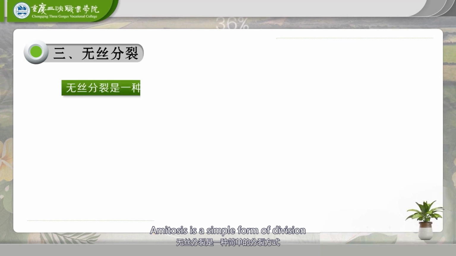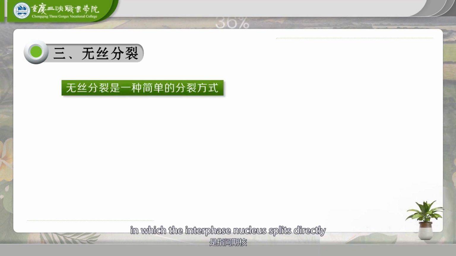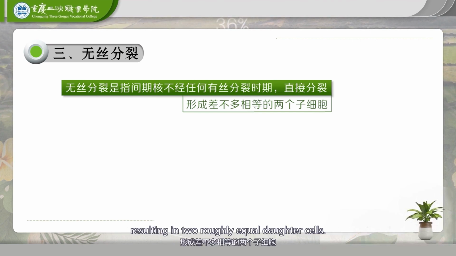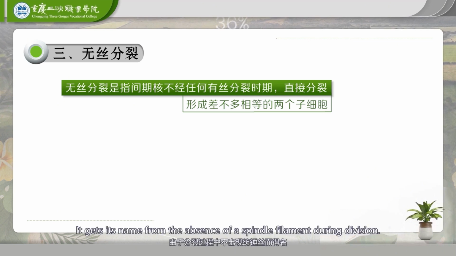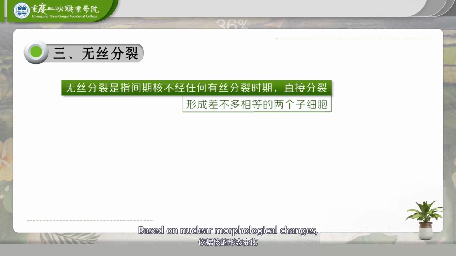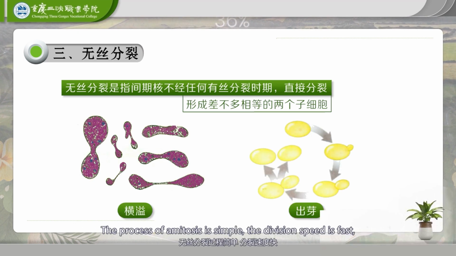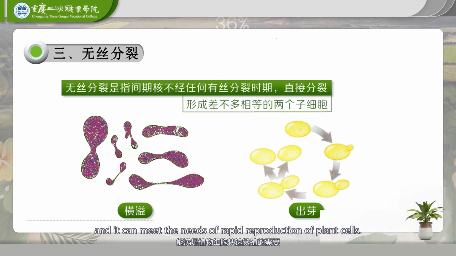And finally, amitosis. Amitosis is a simple form of division in which the interphase nucleus divides directly without undergoing the stages of mitosis, resulting in two roughly equal daughter cells. It gets its name from the absence of a spindle filament during division. Based on nuclear morphological changes, it can be classified into types such as transverse constriction and budding. The process of amitosis is simple, the division speed is fast, and it can meet the needs of rapid